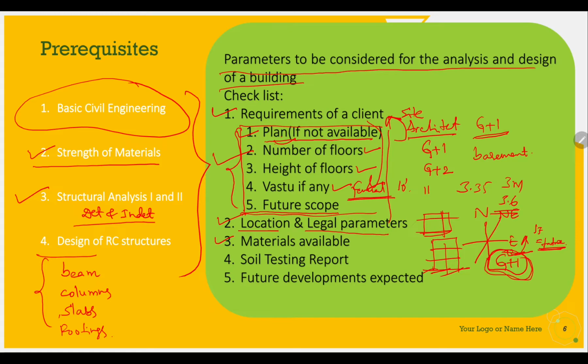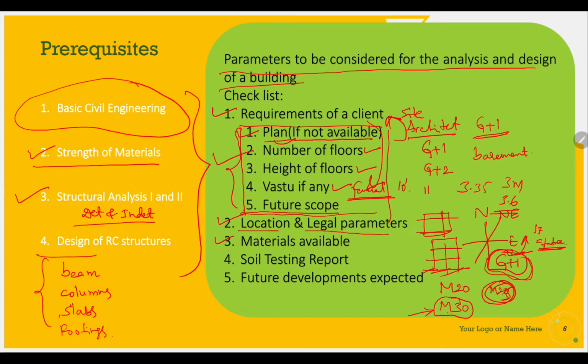Then the materials available. Whenever we go for the design, we consider a particular material. Suppose I am considering an M20 mix, or I am considering an M30 mix, and I am designing the building. If at the site the people are not skilled and are providing M20 only, then it will become very difficult for the design. The building is designed for M30, but the people on site do not have the knowledge and go for M20 to M25, and the structural engineer may not be visiting, not checking every property of the material at every step, and will not be there at the site. So you should be thorough with that.